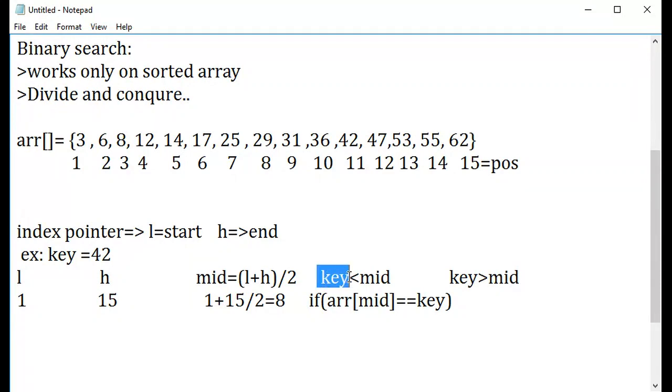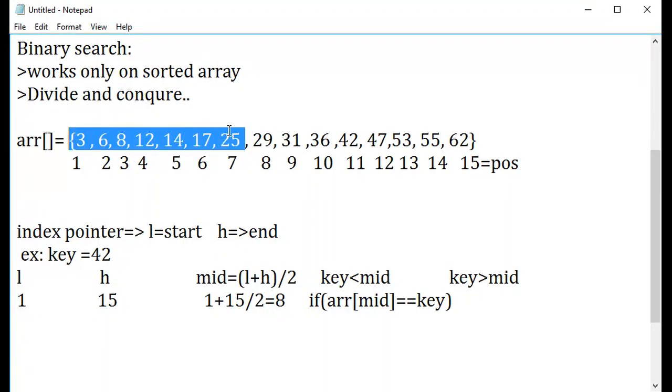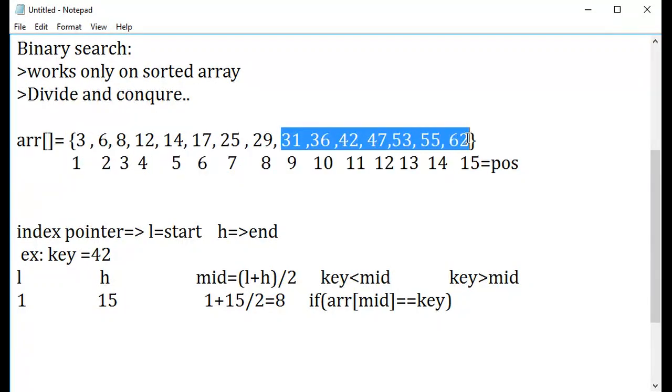How should I check this condition? I know that whatever I'm searching for is not there. So if this element is not matching the element I'm searching for, then I'll check whether the element I'm searching for is greater than this value or less than this value. The reason is so that I can come to the conclusion whether this particular 42 is in the lower bound range or within the higher bound range. Is that clear? So I'm taking this condition in order to find out in which range the value I'm searching for is present.